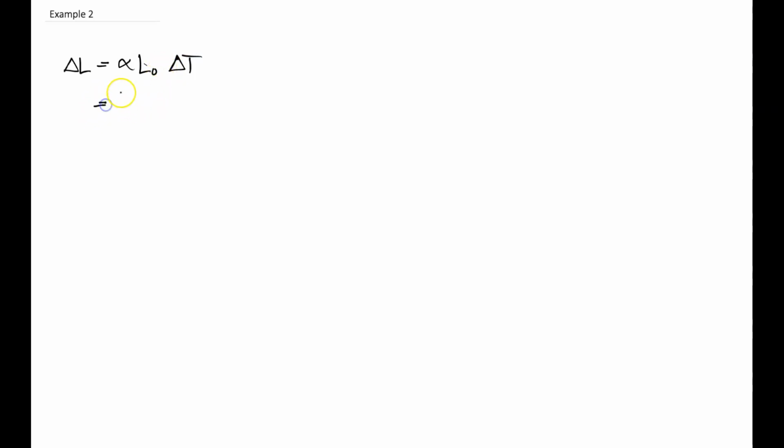And so if we look at the thermal expansion for steel, we find out that it's 1.2 times 10 to the minus 5 per Kelvin. The original length is given to us as 50 meters, and the change in temperature went from 20 degrees to 35 degrees. And remember, because it's a change in temperature, this can be calculated in Celsius and then just adding the Kelvin part at the end,